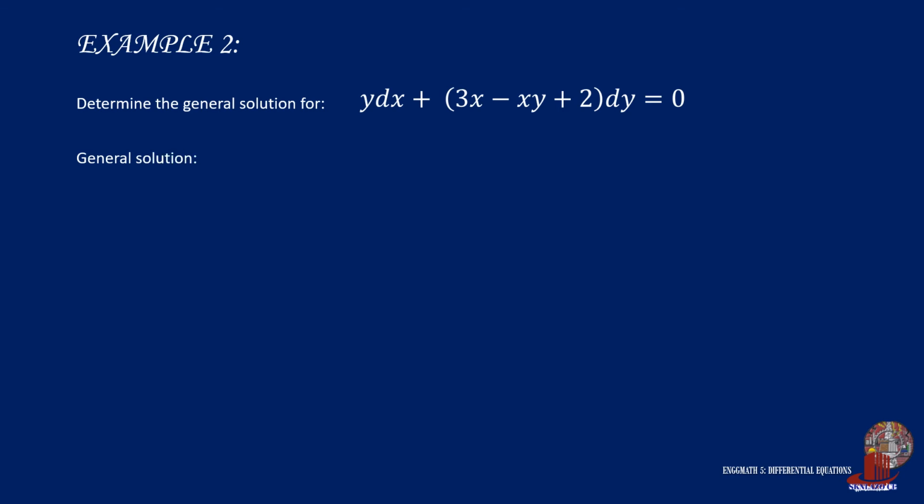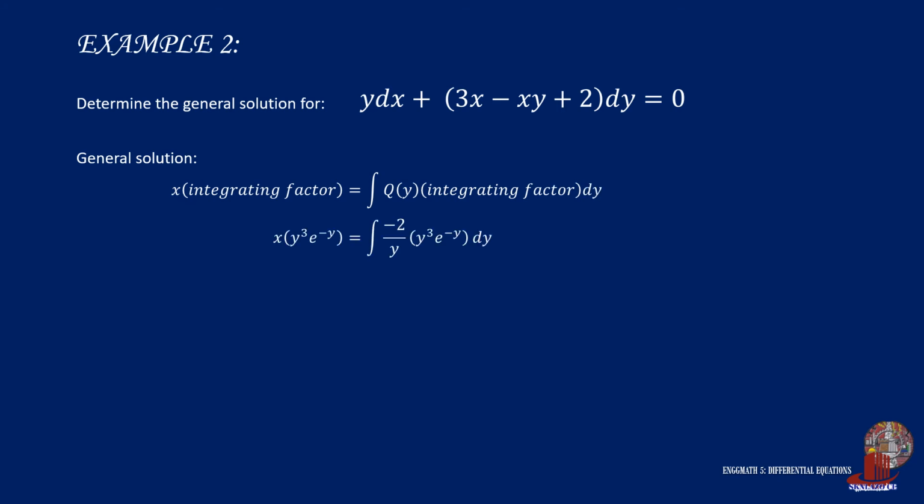Now that we determine the integrating factor, let's plug it into the general solution. Remember to switch variables as this example is linear in x instead of y. So we have x times the integrating factor y cubed times e raised to negative y is equal to the integral of q, which is negative 2 all over y multiplied by y cubed times e raised to negative y dy. Simplify the equation where the outcome is x y cubed times e raised to negative y is equal to